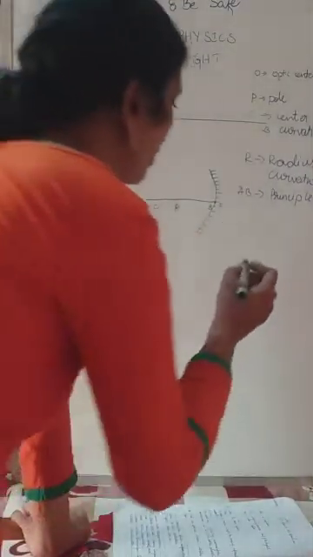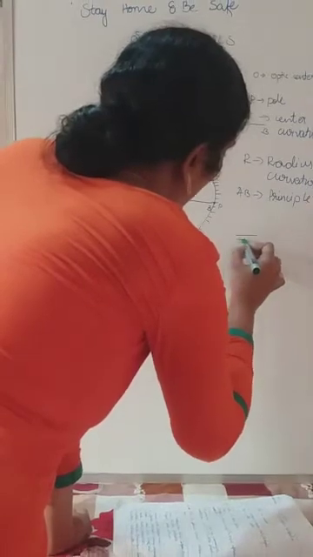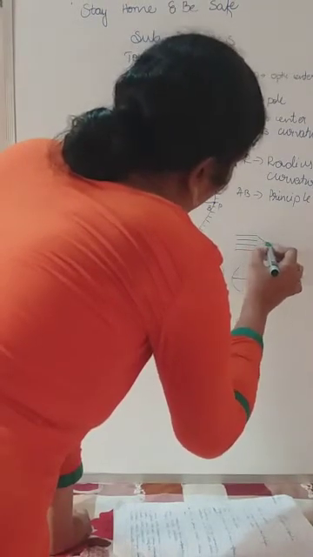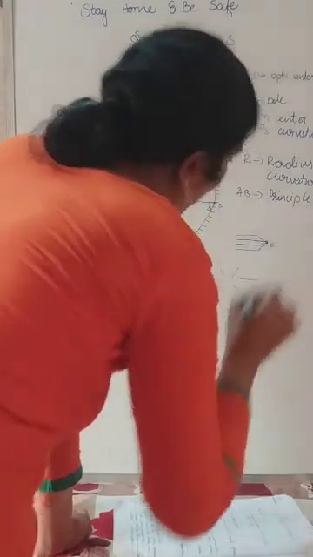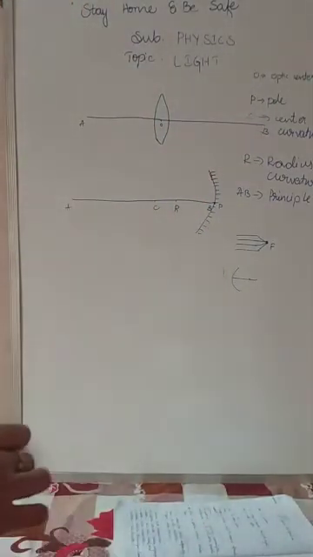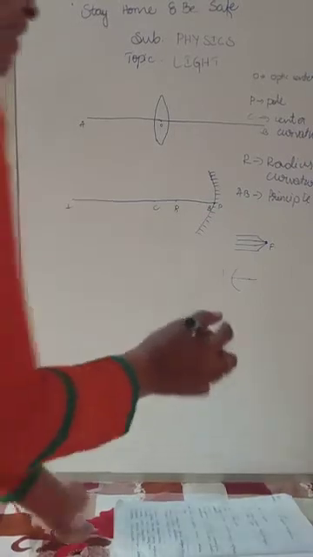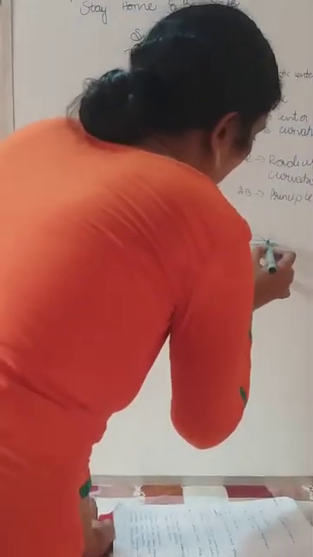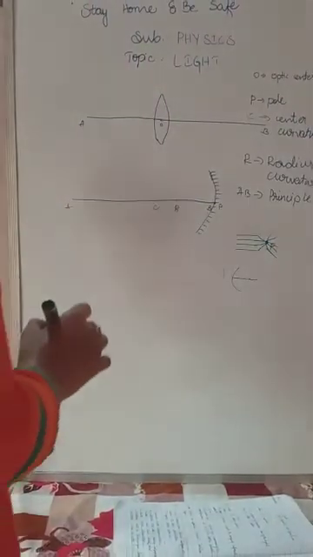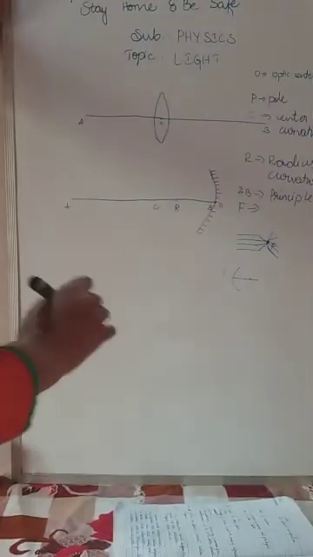Yesterday I told you, converged in the sense if we pass a beam of light like that, they all meet at one point. This point is called the principal focus. And if they are divergent, that point is also called the principal focus. Clear? The principal focus is denoted by the capital F. There are two definitions we can give for the principal focus.